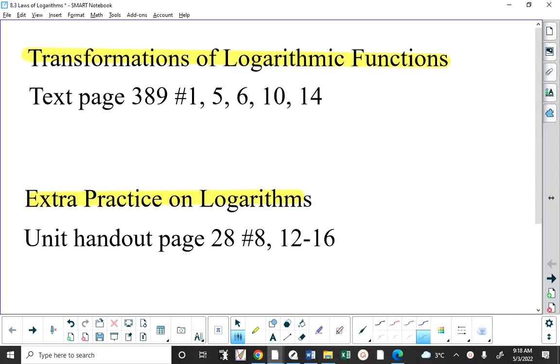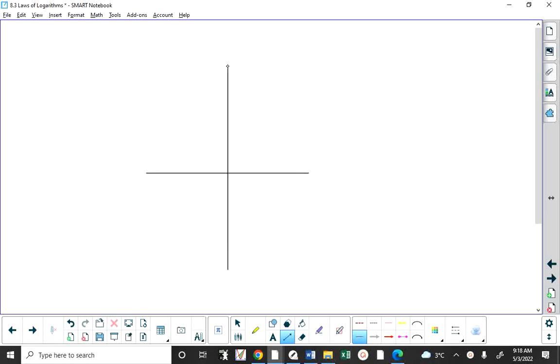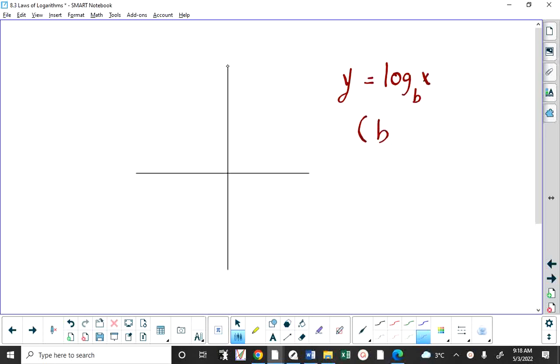Look, what this boils down to is that you have a fairly decent understanding about what the graph of y equals log base b of x looks like. This is called transformations of logarithmic functions. So if we confine ourselves to y equals log base b of x, where b is greater than 1,